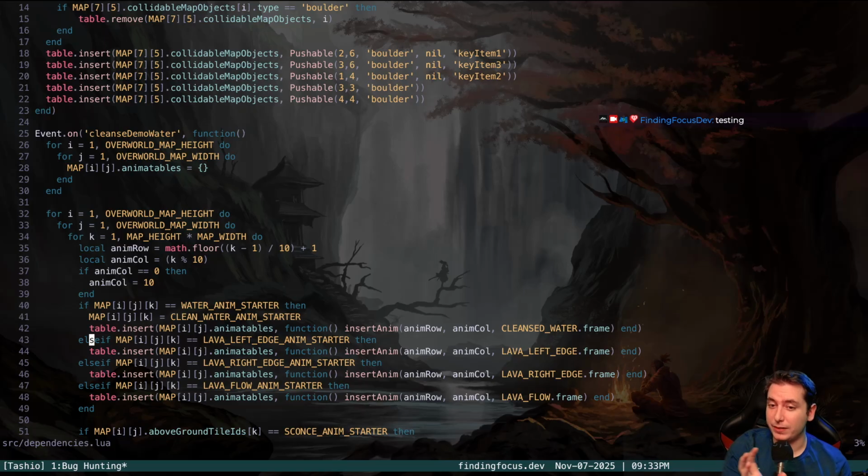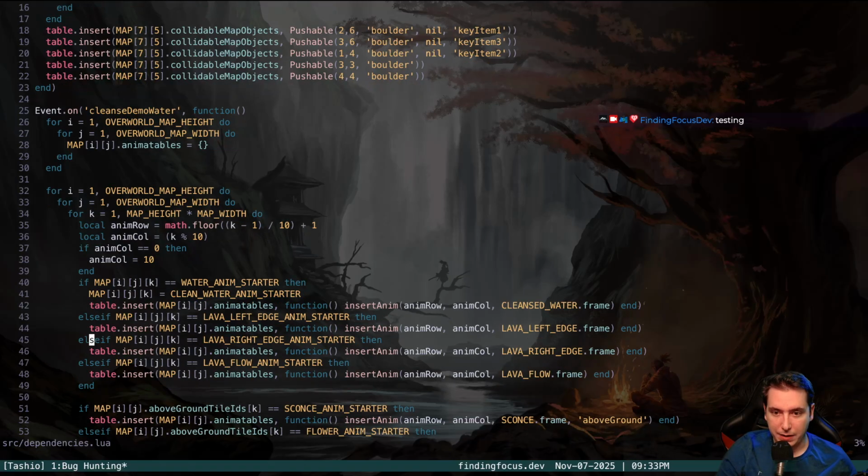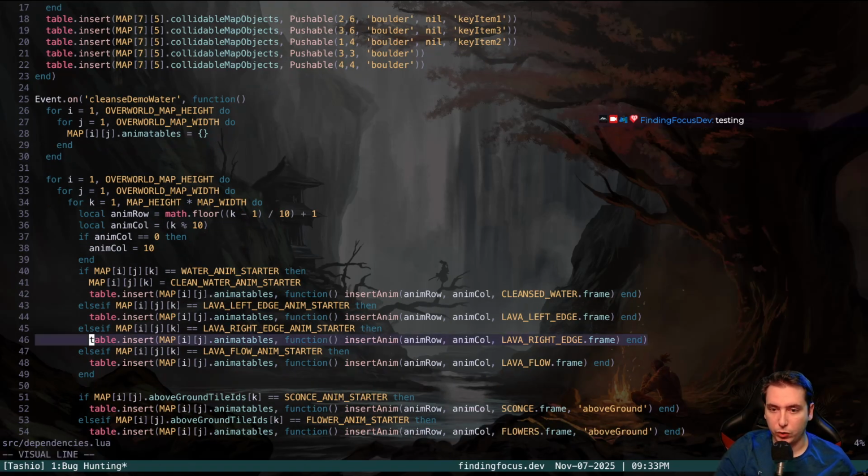So it's called an insert anim. And an insert anim has a location and it has a global animatable that it draws at its current frame. But we're not invoking the function here, we're storing it for later, because then we're going to go through every frame, we go through the animatables function table, and we run the function in every single instance there. So that paired with the global animatable updates that frame, and the insert anim actually inserts that frame